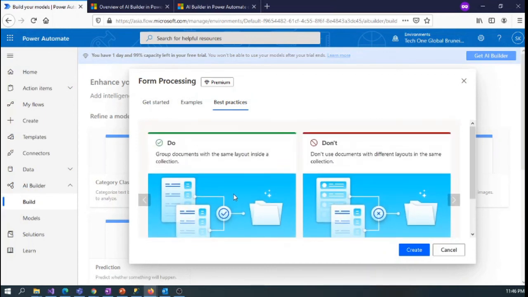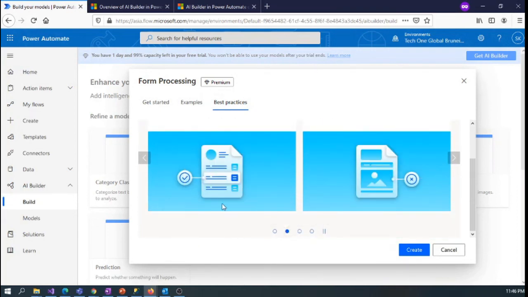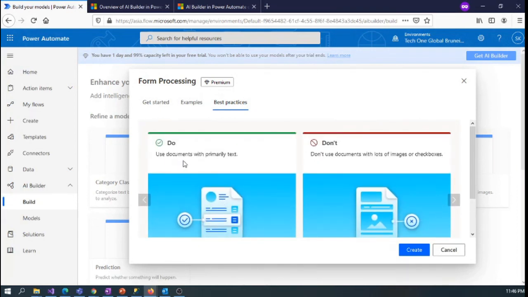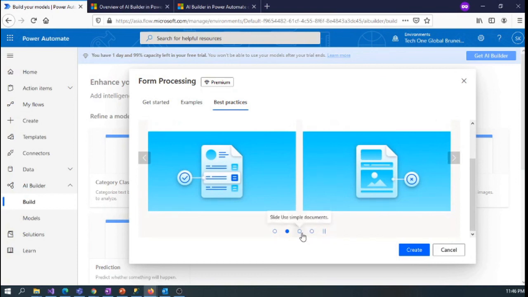For example, all documents with the same layout should be grouped inside the document collection. And here is another guideline. We have to use documents with primarily text. We cannot use documents with lots of images or checkboxes while using this form processing model.